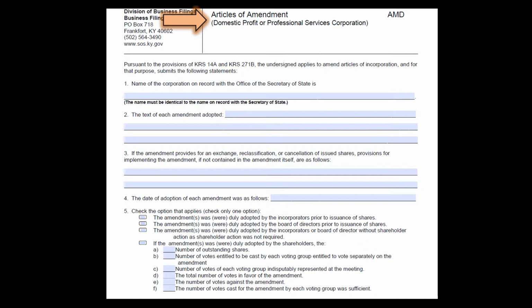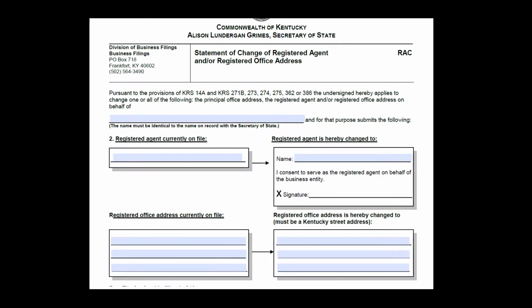But naturally you would refer to this form to help you draft your own articles of amendment. This is what most law firms do. And if you are changing your registered agent, that might happen, then this is the form that you would use.